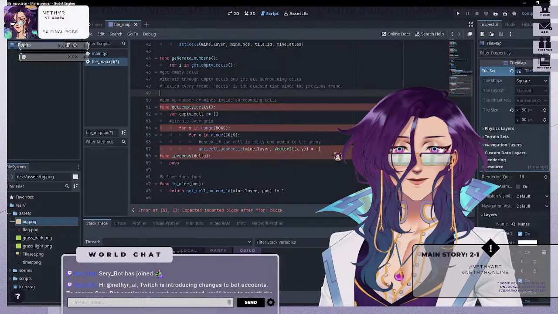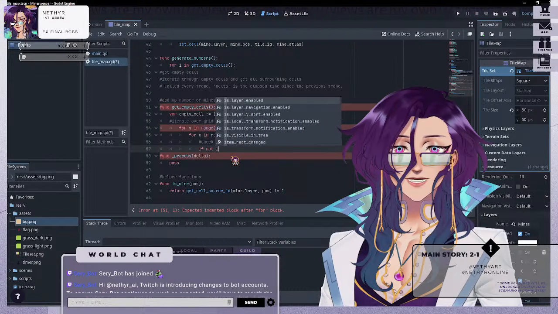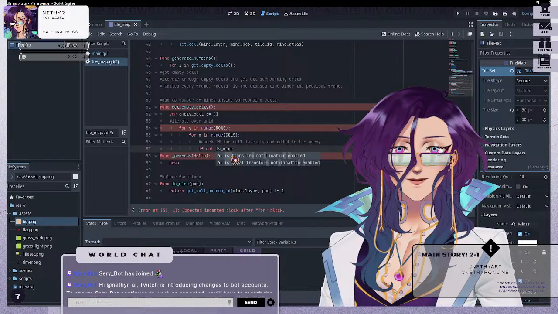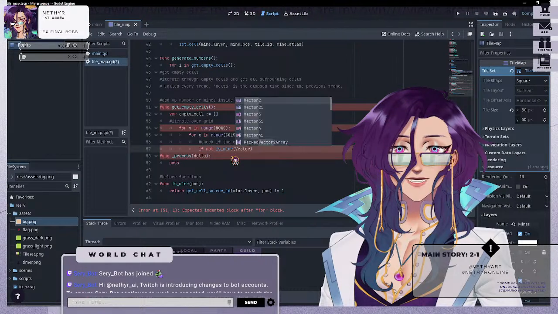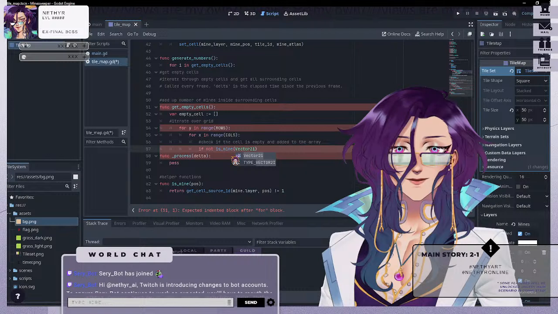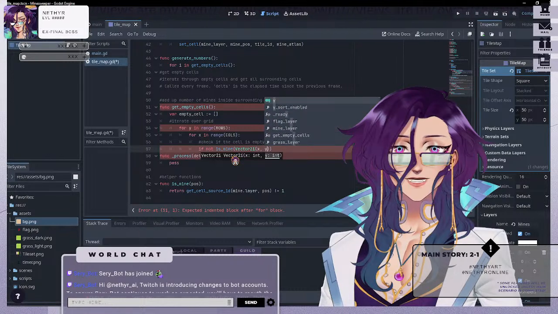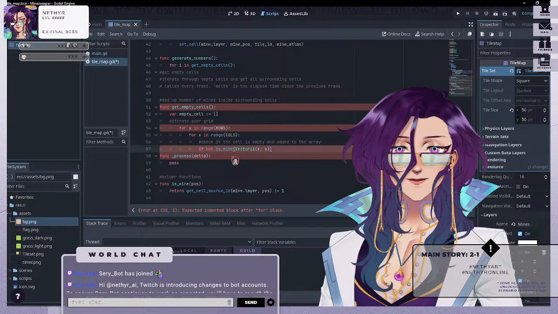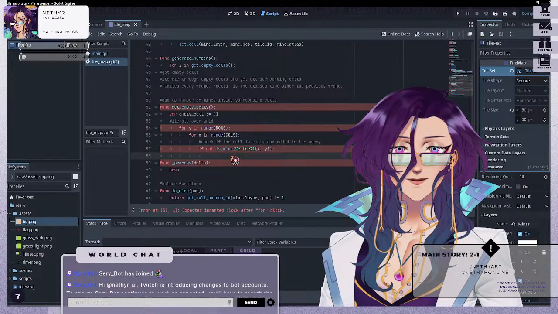Okay, and to check, I'm going to erase this because it's very different from what I'm seeing here, and I'm very confused on why. So we're going to go if not is_mine, then vector 2i y, and then here it'd be empty cells dot append vector 2i x,